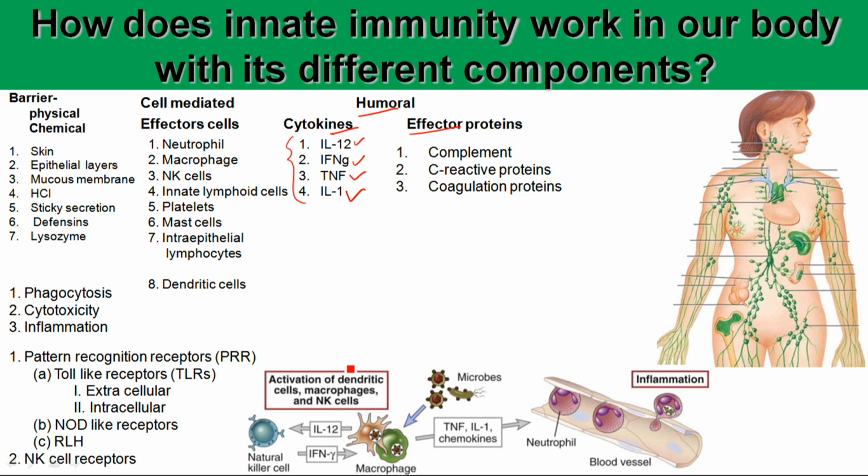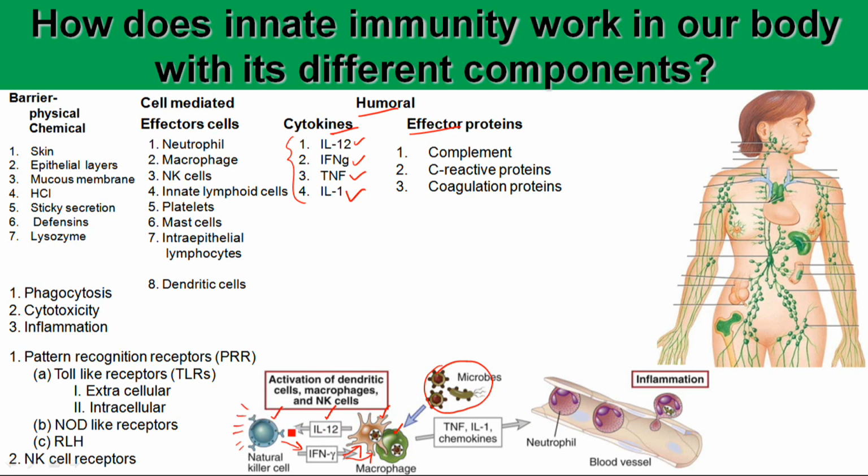When an infectious agent like bacteria comes into contact with the macrophage and the dendritic cell, this cell produces interleukin 12, which acts on the natural killer cell, and in turn this natural killer cell, or NK cell, produces interferon gamma. So in this way, the phagocytic cell induces the natural killer cell, and those natural killer cells kill the infected